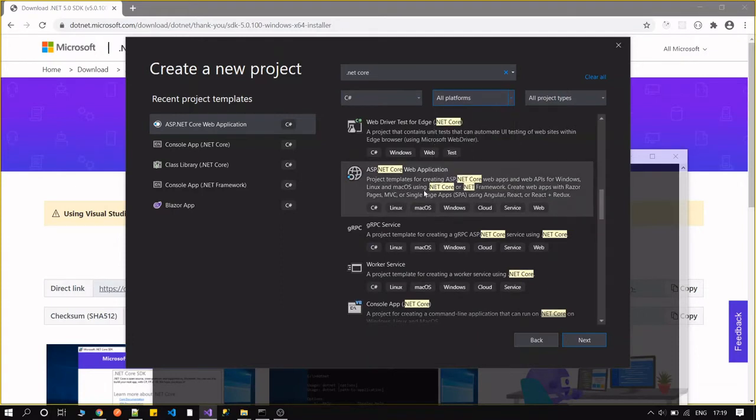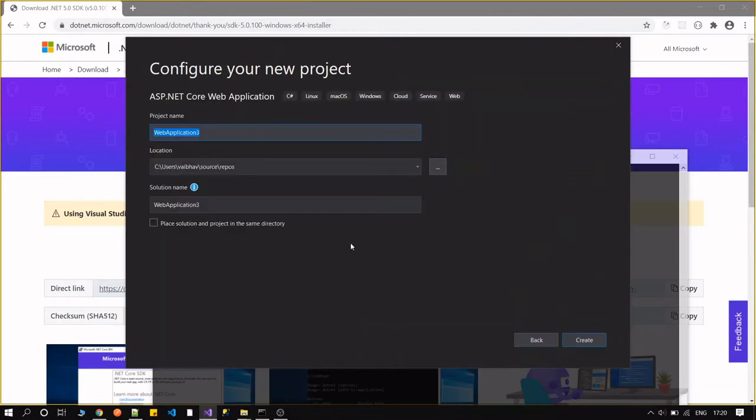Okay, we can make that application, the .NET Core web application. So click on next. Give any name that you want, like test .NET 5. Test .NET 5 will be good, I guess. And click on create.